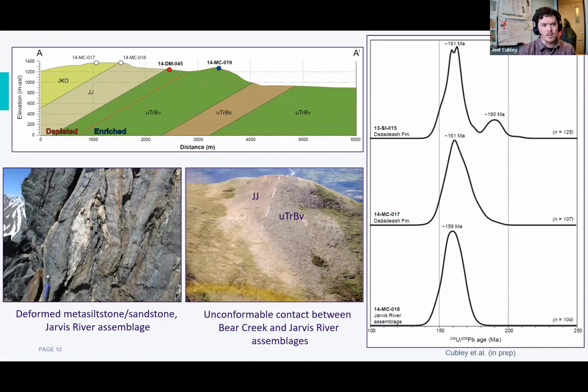Stepping aside from the basalts just for a second, this image in the upper left-hand side is a cross-section through part of this map area. The greens and dark browns are the Bear Creek assemblage. And we said that these were basically 254 million years old, give or take. Overlying those sediments, so up is this way, we have sedimentary rocks of various formations, the Jarvis assemblage and the